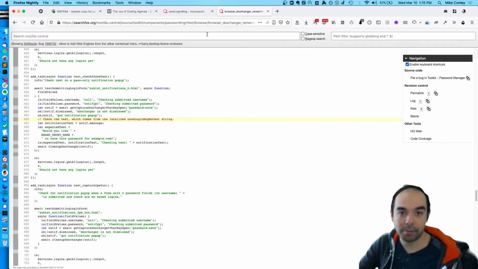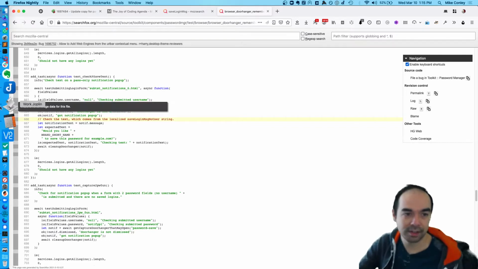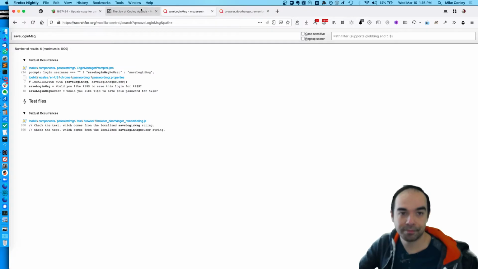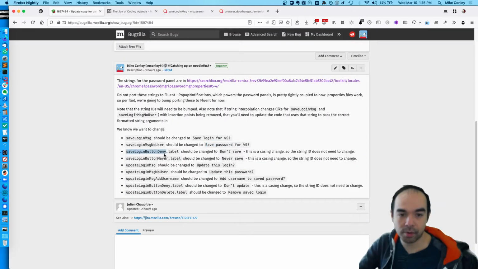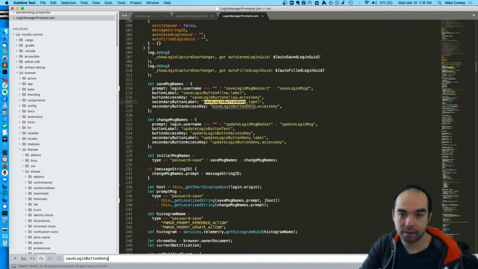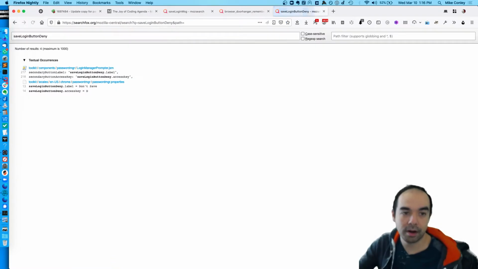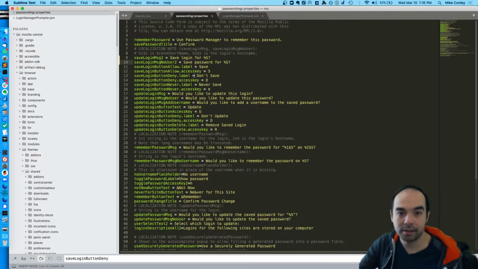And it looks like I'm going to have to update some tests, because it looks like it's actually doing tests of the strings, which is a little annoying, but good to know that we'll have to run these tests. All right. So next one was save login button deny dot label. Save login button deny. It's only used here in this file, and then elsewhere, yeah, it's just in the one place. So we're going to go ahead and